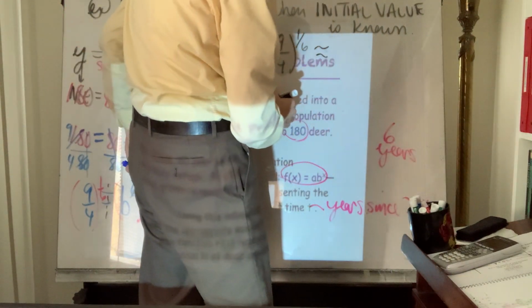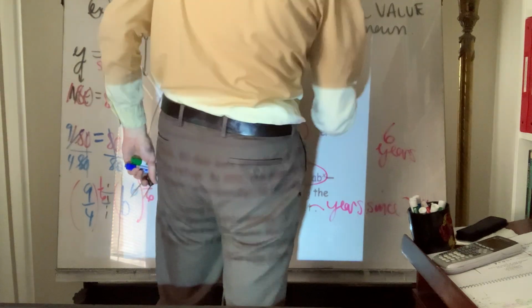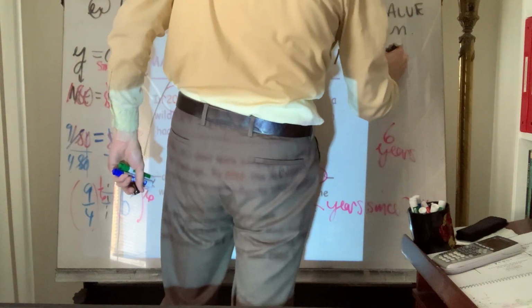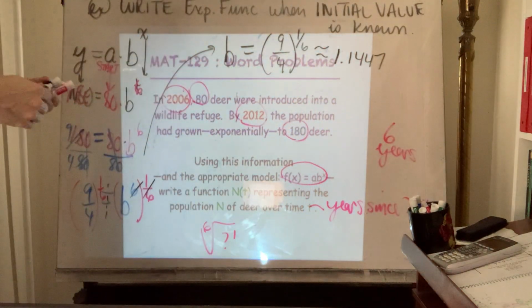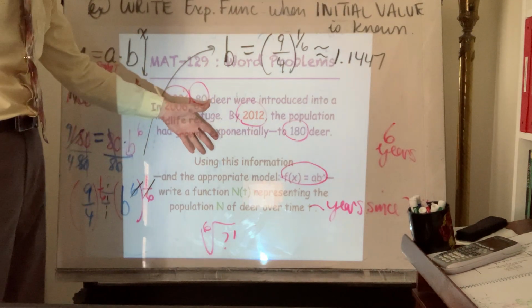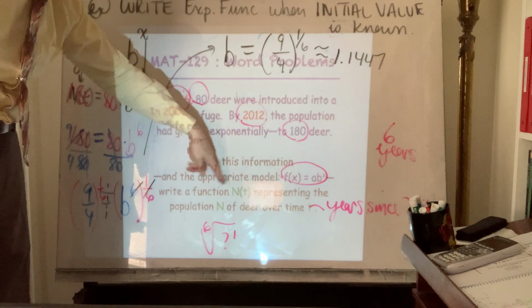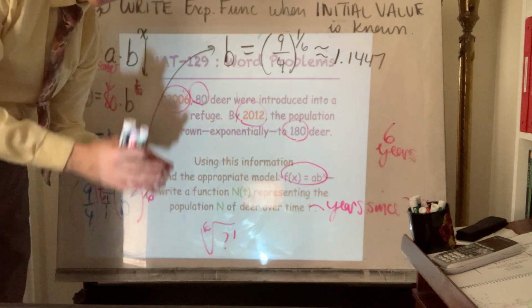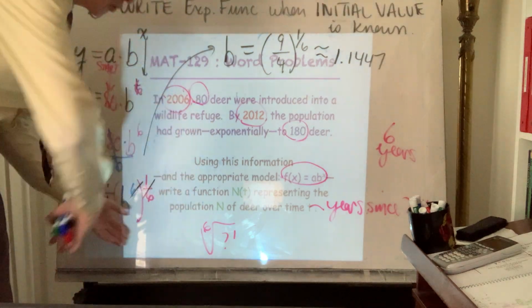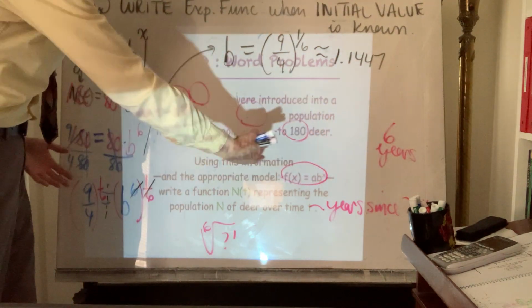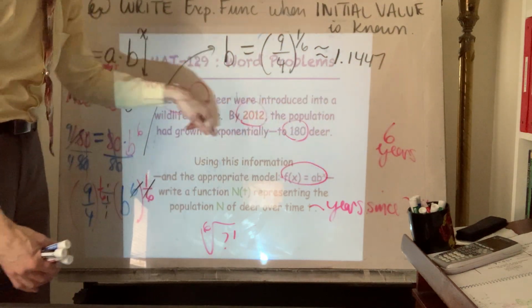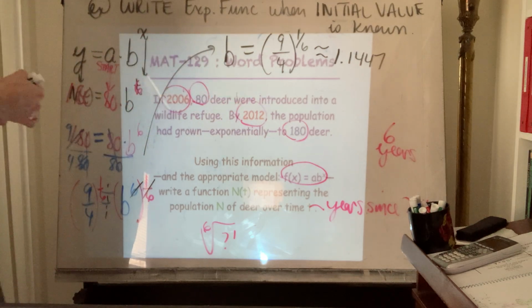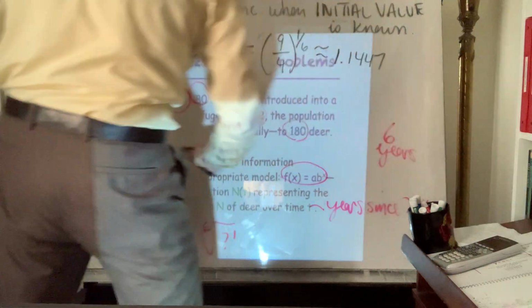Approximately 1.1447. Now, again, to answer the question as it was intended, use the information in the appropriate model to write a function representing population of n deer over time. That is, to create a formula that would work for some situation beyond just these 6 years and these figures of 80 and 180. What I'm getting at is you craft